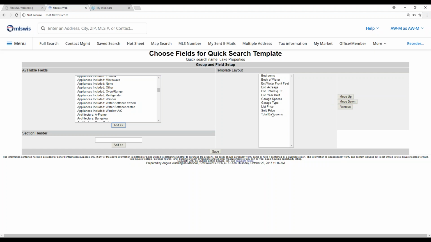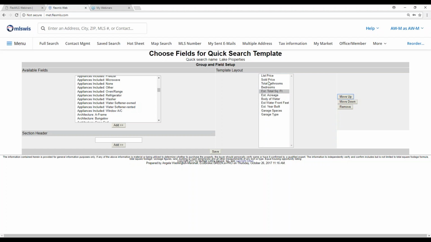Now that I have them over here, I can move them in the order that I'd like them to appear in the template. So for example, if I wanted list price first, I can just select that field and move it up the list like that. Okay, maybe I want bathrooms next. There it is. All right, I'll pop sold price up there next to the list price. Maybe the acreage and square footage. I'll pop that up there. So you can kind of see how you can move things around, basically how you want to see them in